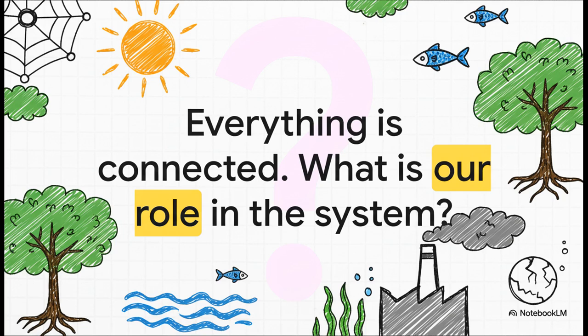Which brings us right back to where we started. Every part of an ecosystem is connected, from the non-living sunlight to the living coral reefs, and all the chemical reactions in between. And that interconnected web, it includes us. We're part of it. So the final question isn't just about what's happening. It's about what role we are going to choose to play in the very system we depend on.